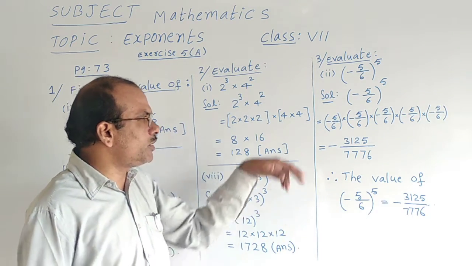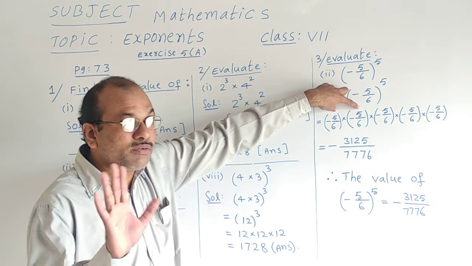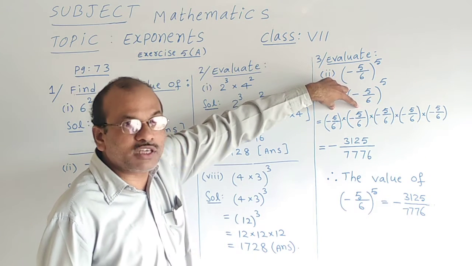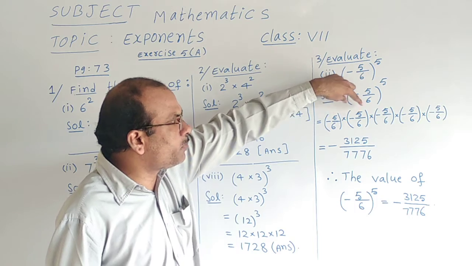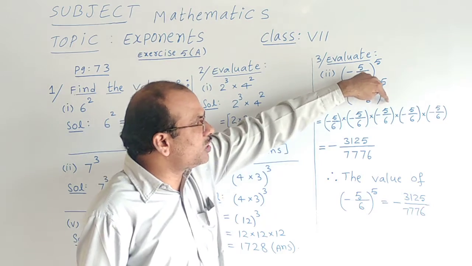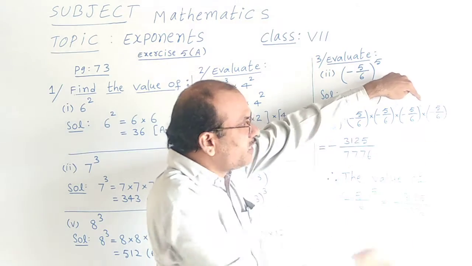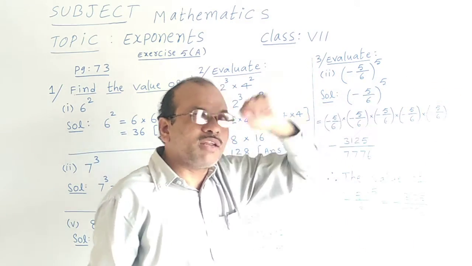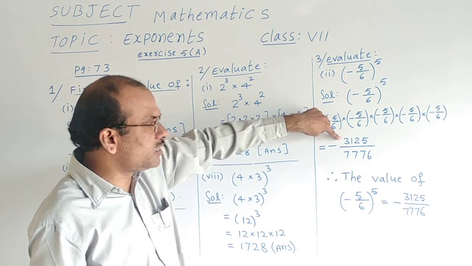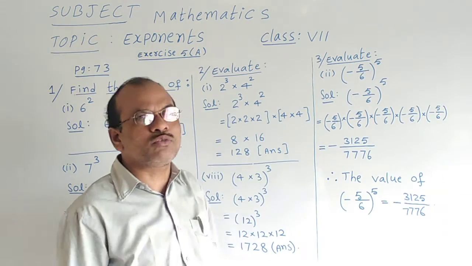Okay. Then we will come to the numerator. 5 into 5 is 25. It is not for addition, 5 into 5 should be multiplied. 5 into 5 gives you 25. This 25 should multiply with the next 5. 25 5s are 125. 125 5s are 625. Then 625 also should multiply with 5. Then we will get the answer, that is 3125. For the denominator also, in the same way we have to multiply.